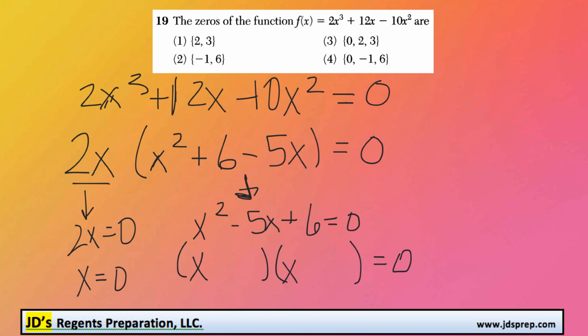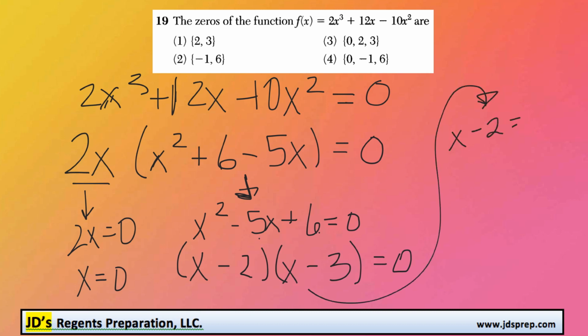So what we're looking for is two numbers that multiply to get positive 6, and add to get negative 5. So I believe that would be 2 and 3, but they're both going to be negative because then we would get positive 6 if we multiply them together, and negative 2 plus negative 3 is negative 5. Okay, so now that we've done that, we can set both of these sets of brackets equal to 0 and